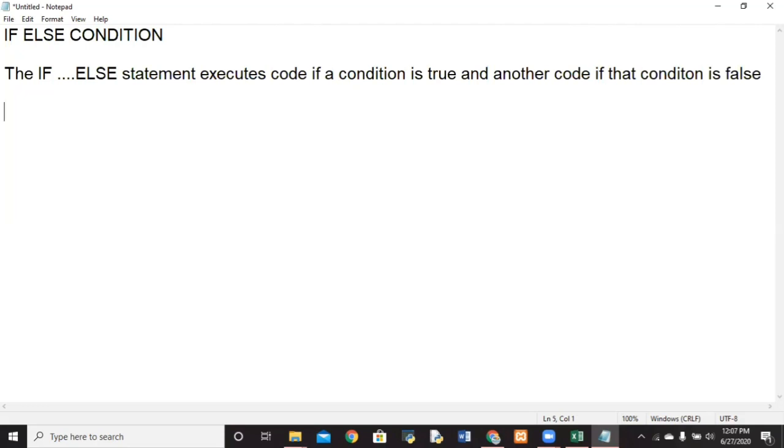We will be writing the syntax here. I'm going to show the syntax and how to use it.